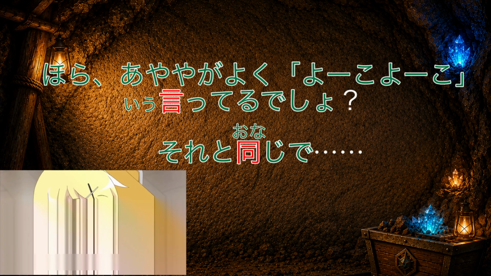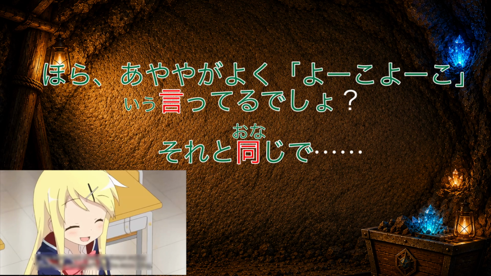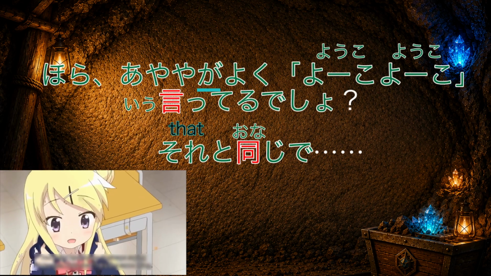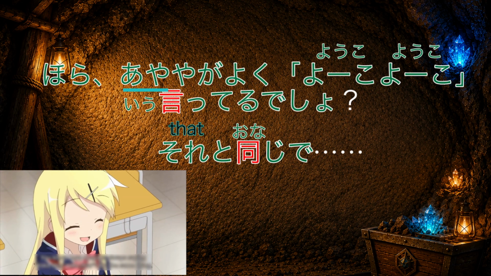Skipping to hiragana, we have a lot here, so let's break them down into categories. Ayaya? Aya is a name, so ayaya is probably a nickname, with yoko being a name too. We already know sore as that, and ayaya is marked with a ga particle, meaning she's our subject. So what is aya doing?